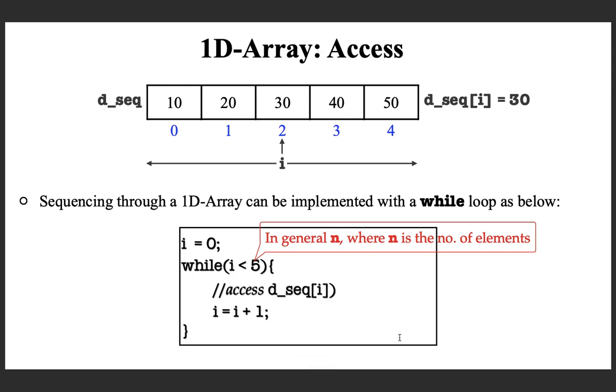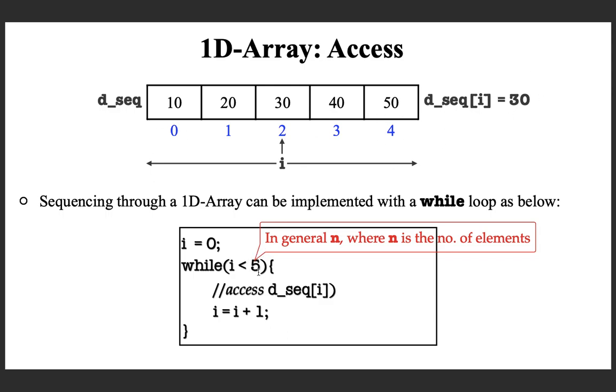This is what we discussed in the last class about accessing an array. You can use a while loop to sequence through the elements of an array. So generally, any systematic processing on a single dimensional array can be coded like this. Suppose I is the index, it should start with 0, so initialize that to 0, then use a while loop until the value of I becomes the number of elements. In the example case, only 5 elements are there.